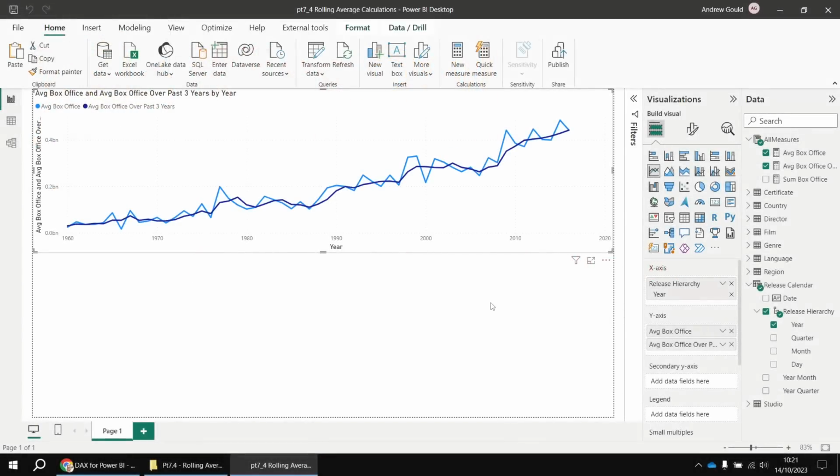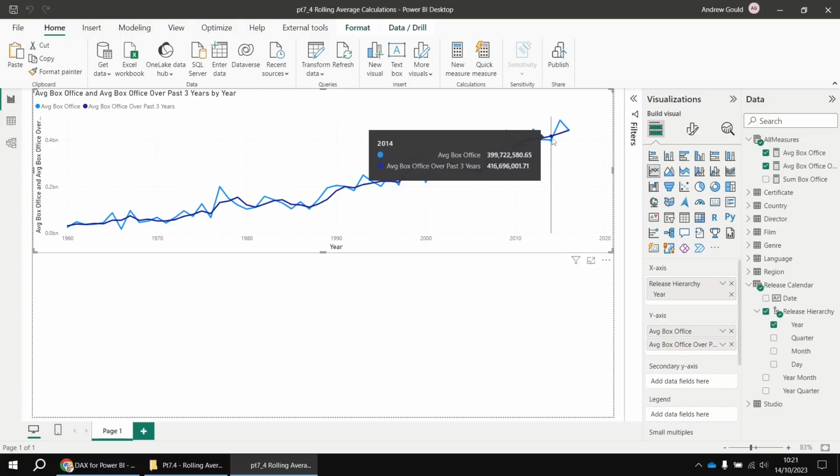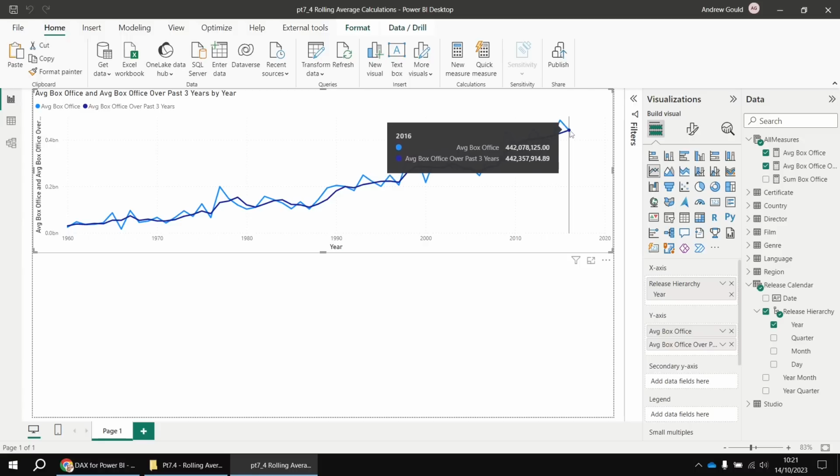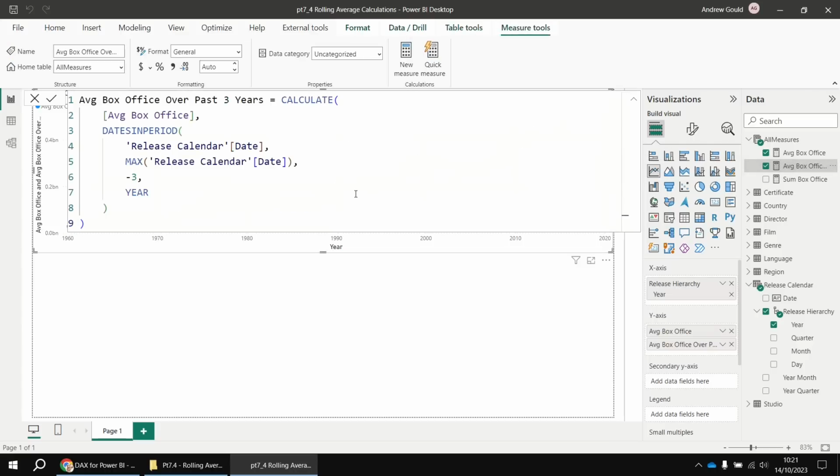Just in case you wanted to perform a check that your calculation is working correctly, we can break it down into the basic arithmetic. So the data point for 2016 is essentially the sum of all the box office values over 2016, 15 and 14 divided by the number of box office values over that same period. Let's create a couple of extra measures to allow us to work that out and show the basic breakdown of